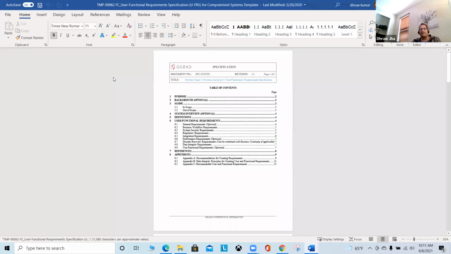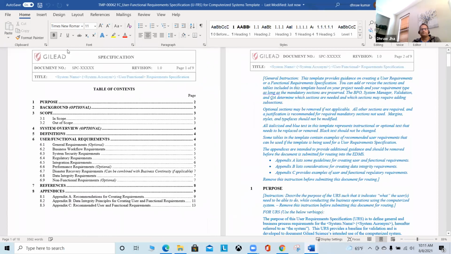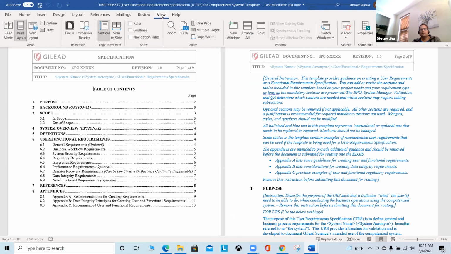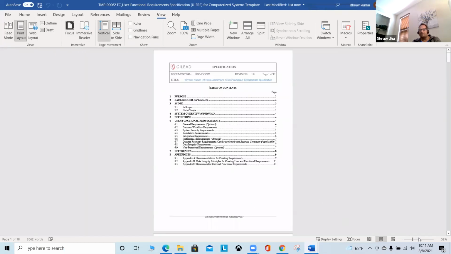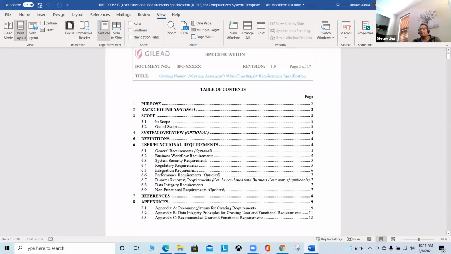You're going to go into the template, and this is the template you're going to work with. Each and every document is written in a template. And in the template, most of the things are written already,